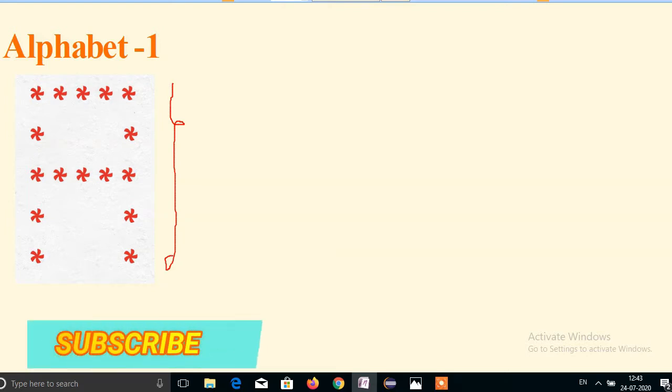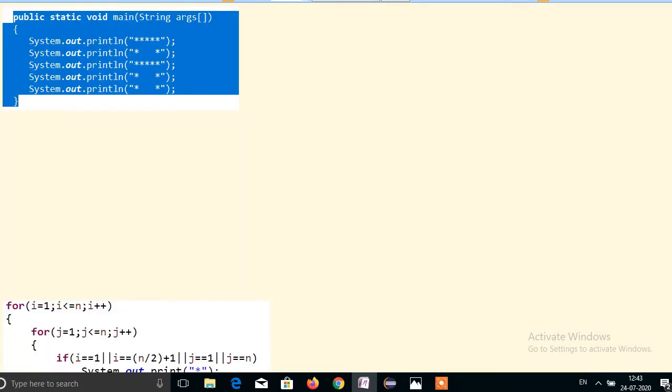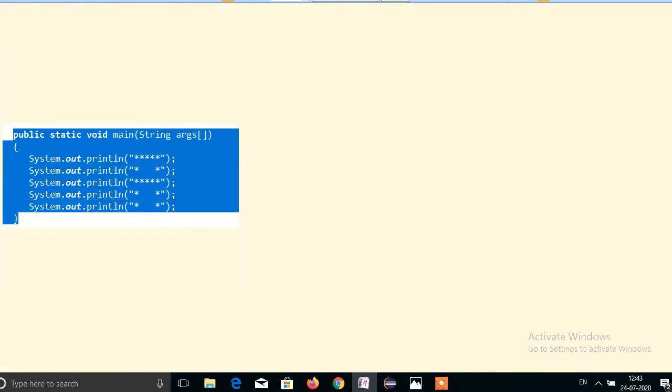So many people are confused about how to print alphabets in programming. So I will show you one example. Someone prints like this, someone using like this. So they will print stars directly by using a program. They are printing like this. So this is the wrong way. This only prints constantly. It will print, but we don't print like this.